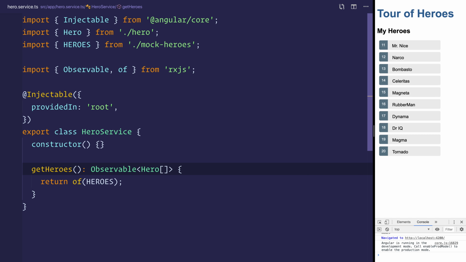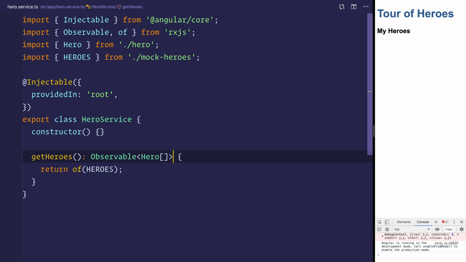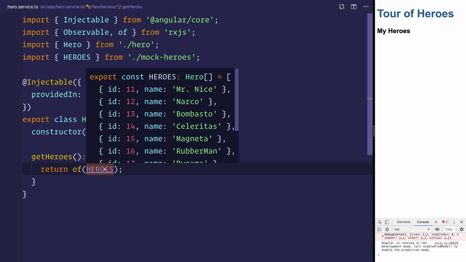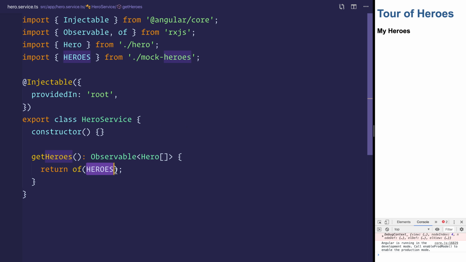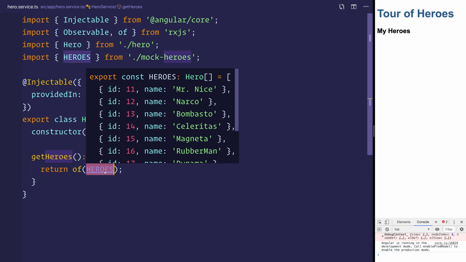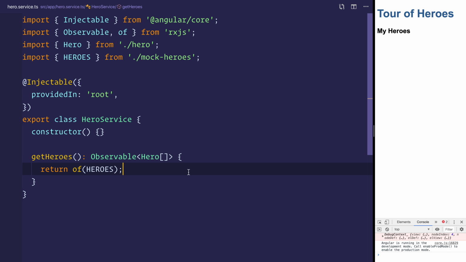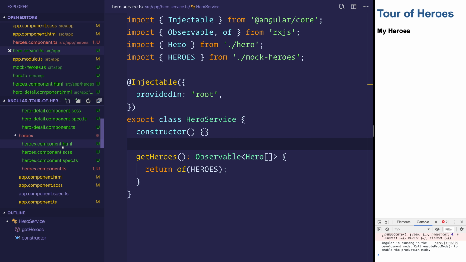of a Hero array. When we do that, our application will break, our heroes will no longer be displayed on screen, because now what's happening is we have this observable stream of heroes, and the single emitted value at this point is this array of heroes, but we aren't actually listening for the stream. So back over to our